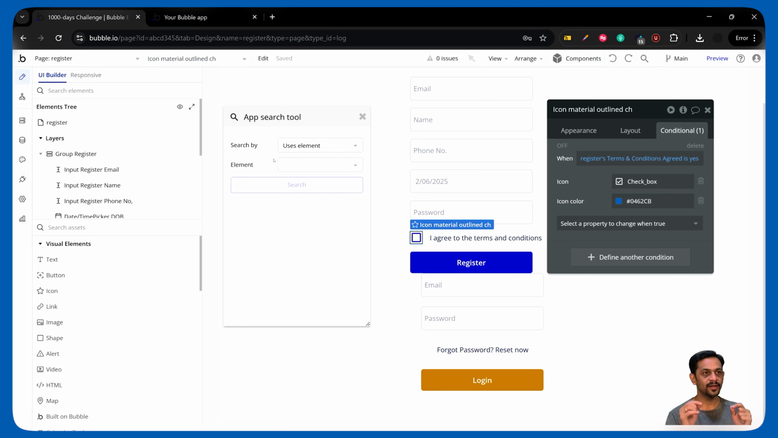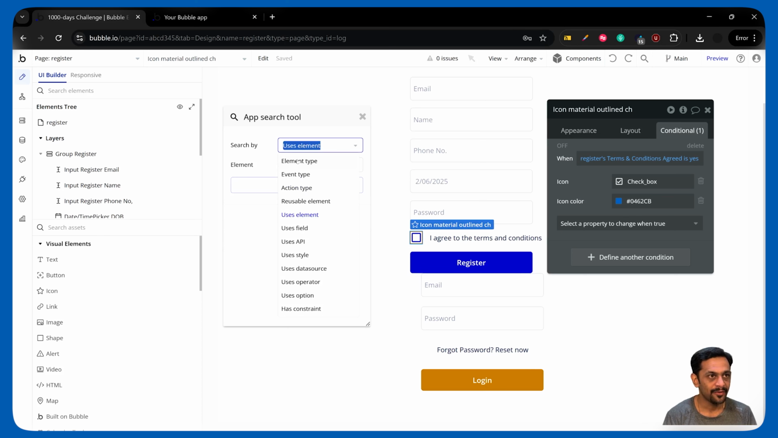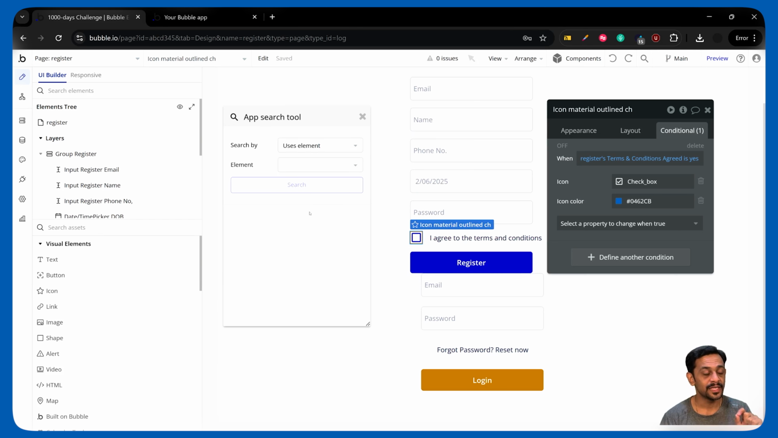Now this is very interesting, right? So we have element type, which allows you to search for all the elements that you have over here to see where those elements have been used across the application, right? Whereas users element allows you to see where you have used particular things as custom states or conditions or anything